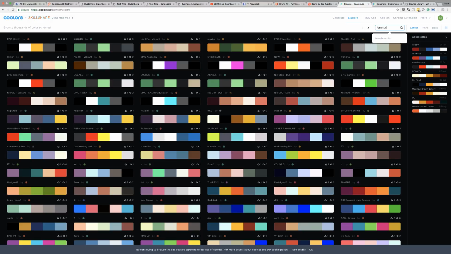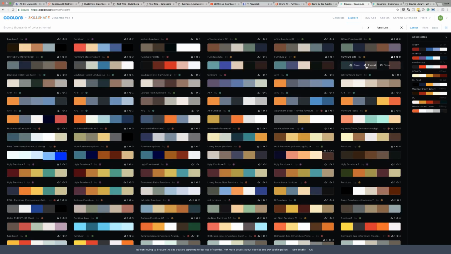furniture, and let's see what comes up. And I'm pretty sure you're going to have a lot of browns coming up there. There we go. So we have a color palette here called Furniture 2. So you could actually use that if you wanted to, or even this one right here. I know it's called Ugly Furniture, but I think this would work. So if I click on View,